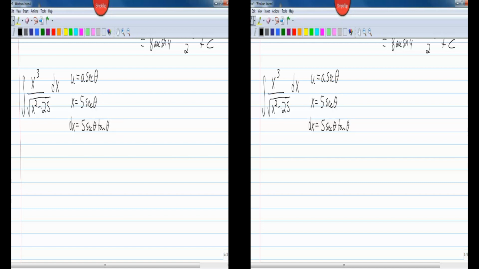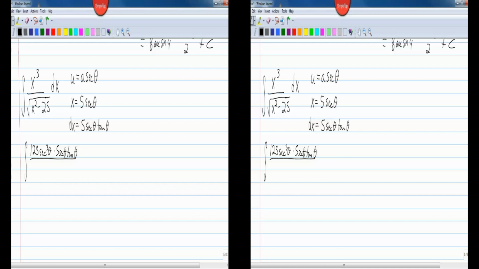Let's plug this in for dx, and let's plug that again in for x, down here where it's x squared. Alright, so I'm going to have, plug that in for x up here, that's going to be 5 to the third, or 125 secant cubed theta, over, and don't forget your dx, that's times 5 secant theta tangent theta,